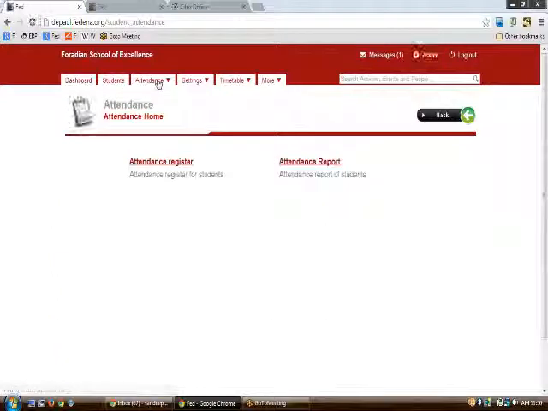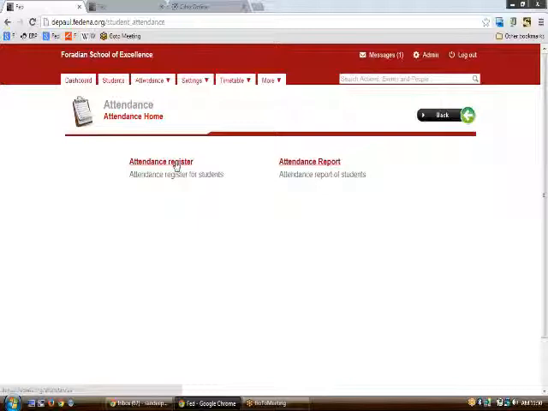Now we would be moving upon to know the attendance part of the students. To know the attendance part, you can just go upon to the attendance bar here, and you will be redirected to a page which is actually the attendance, which gives you two links called attendance register and attendance report.